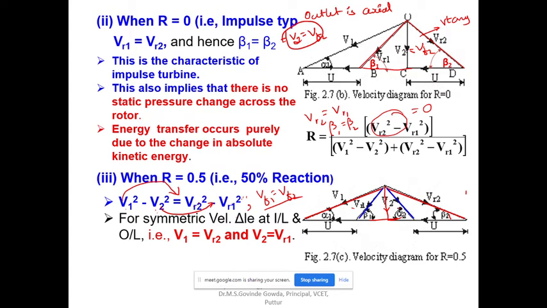Which one should I write as the condition? You write it as: the first condition is V1 square minus V2 square equal to VR2 square minus VR1 square, and Vf1 equal to Vf2. You write this much. Okay, is it done? Okay, so I will go for the next then.